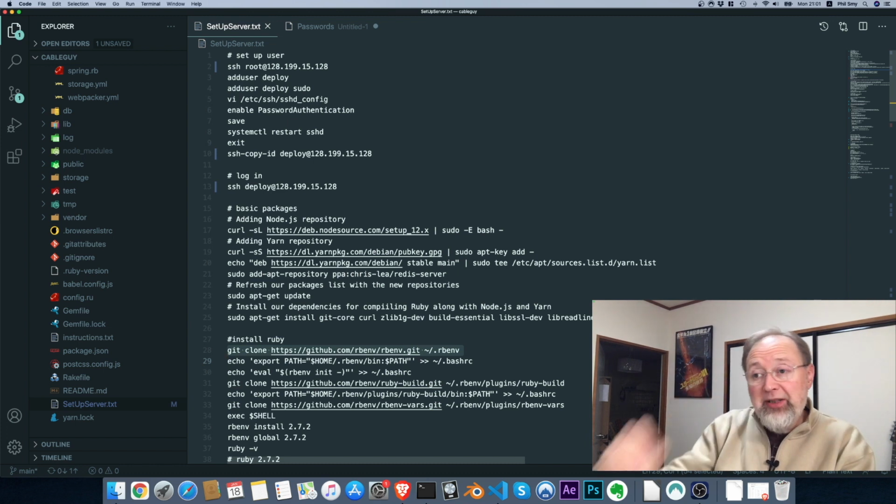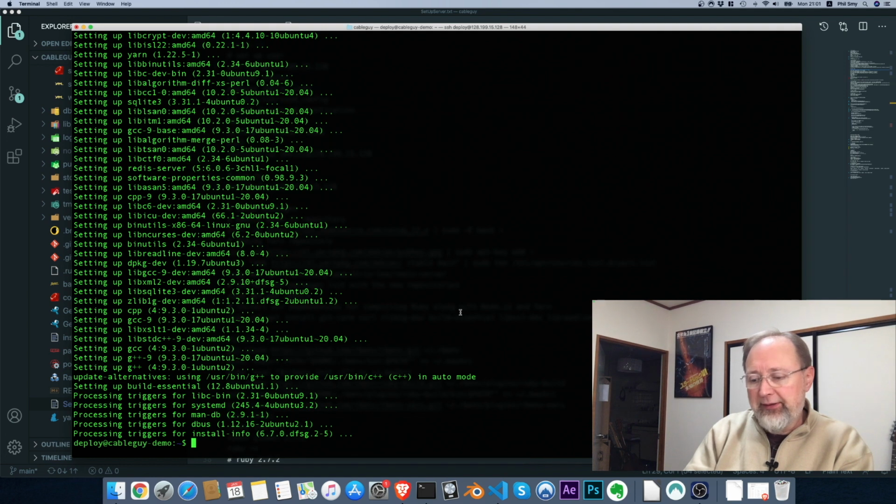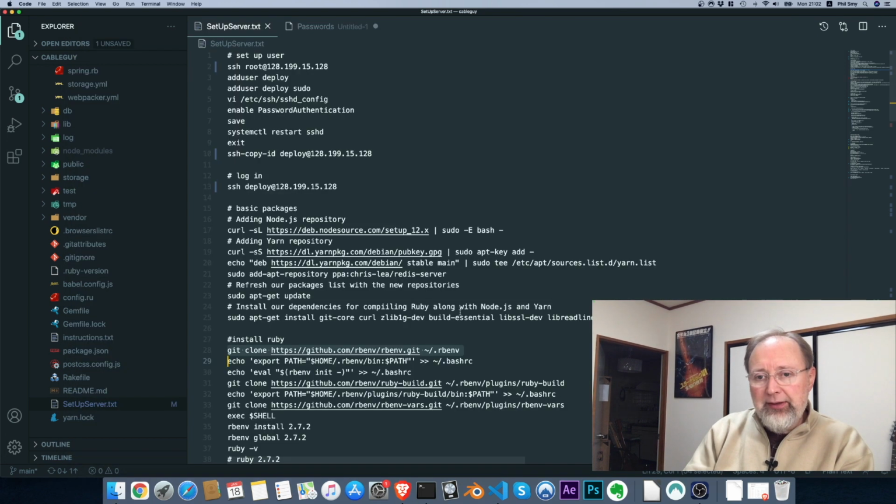I'm going to be using RbEnv. I find this to be the best way on a server to manage your Ruby packaging. You don't have to mess around with the system Ruby and all that stuff. So let's get RbEnv